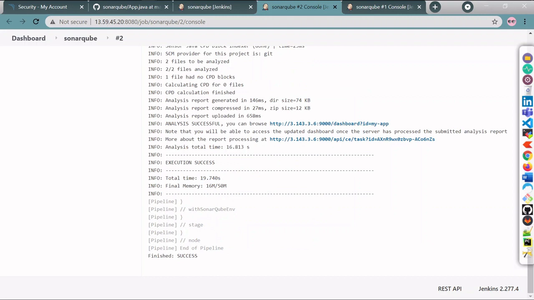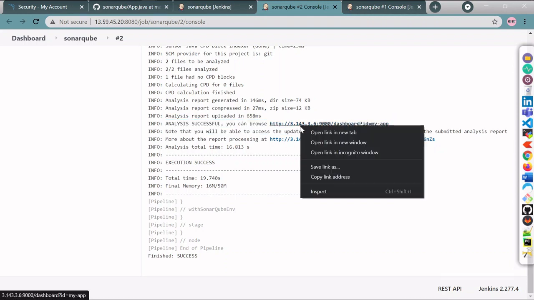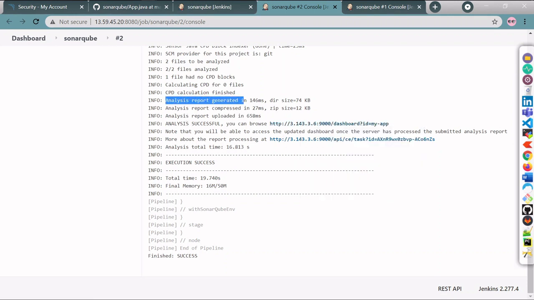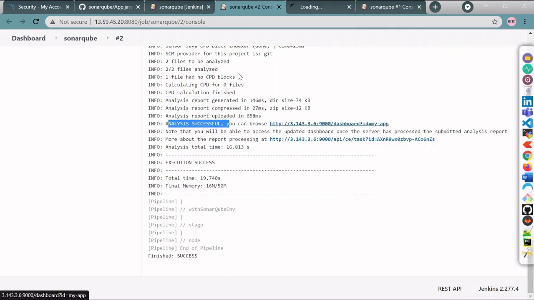Okay, you can see execution success. So analysis is successful and you can browse. You can see this link. So it provides a link, from where you can easily check the code coverage. Even you can see analysis report generated, then analysis report uploaded, analysis successful. You can browse this, open in new tab.